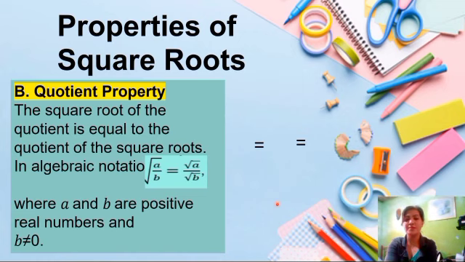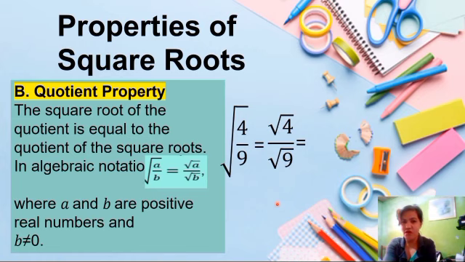So for example, the square root of 4 over 9 is the same as the square root of 4 all over the square root of 9. The square root of 4 is equal to 2 and the square root of 9 is equal to 3. Then, the square root of 4 over 9 is the same as 2/3. Next,